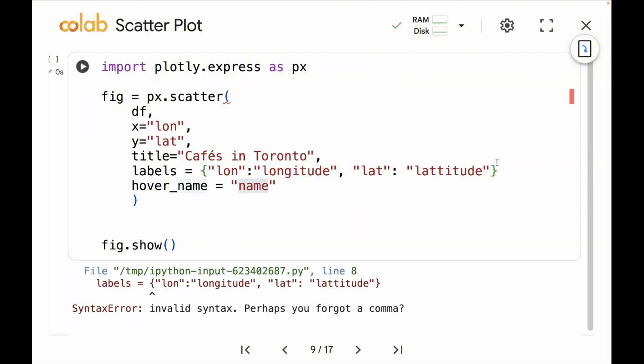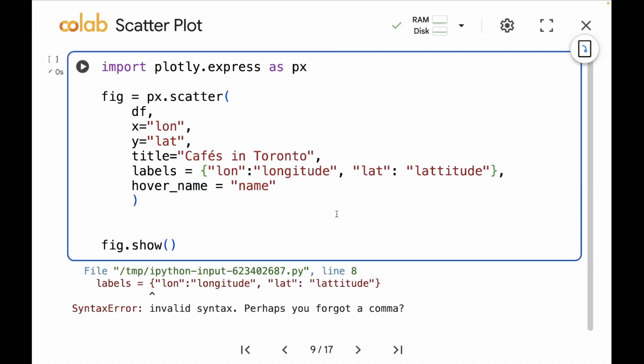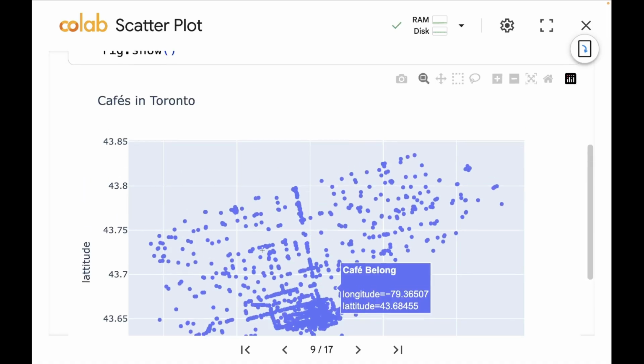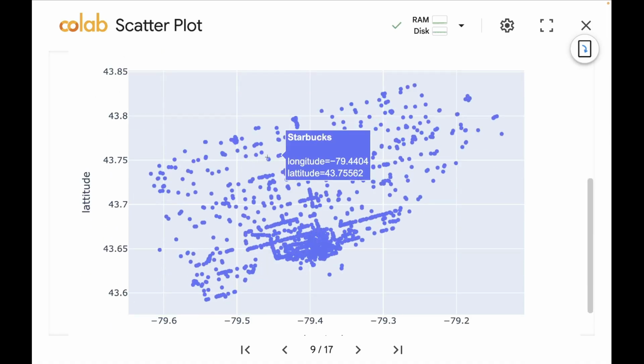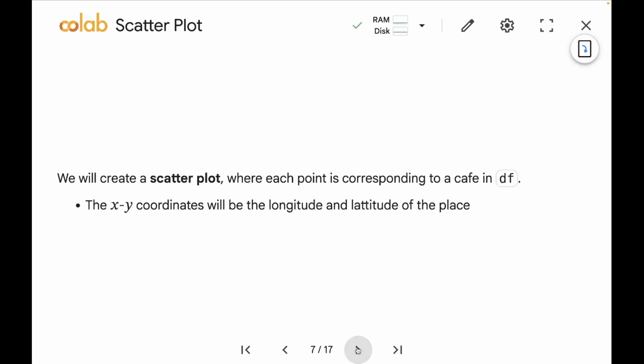Sorry, I think so between every pair of arguments, you have to separate them with comma. So adding the comma, and then same plot, right? It has a title, and if you hover your mouse, now other than longitude and latitude, you can see the name of the coffee shop. For example, this point is a Tim Hortons coffee shop, and if you go back, right, you're using the information in the name column by specifying hover_name equal to name. Okay, so that's how we can create a